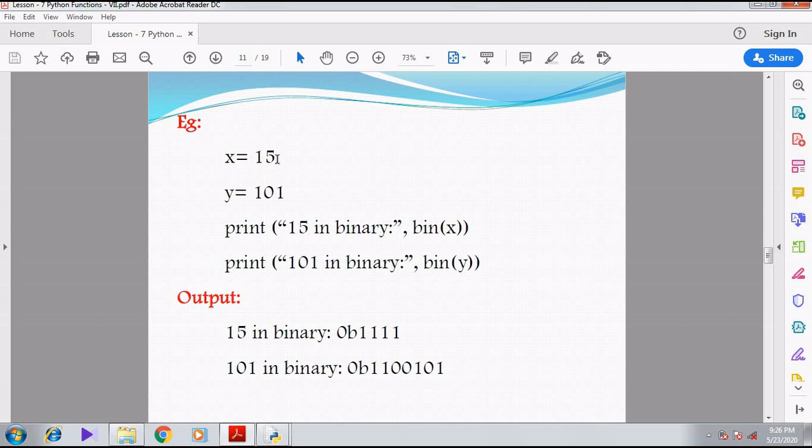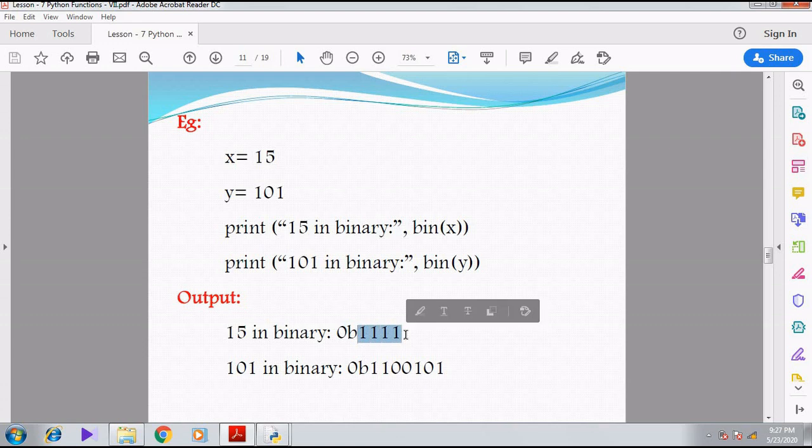When I convert this to binary, bin of x, and print 101 in binary, bin of y, see the output is prefixed with 0b. 15 is a number in decimal, and that is changed to binary.